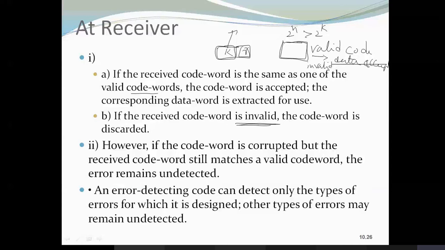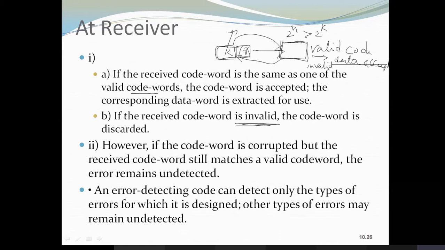Depending on the context, how many bits got corrupted, the decision will be taken. Either it will go for error correction, or it will ask the sender to retransmit by specifying the sequence number. I told you in the last class the meaning of sequence number. Each packet is assigned a sequence number when it arrives at the receiver. If it is not valid, it has to acknowledge the sender by specifying that sequence number, so that the sender will retransmit the data. In some cases this method of retransmission can also be used.